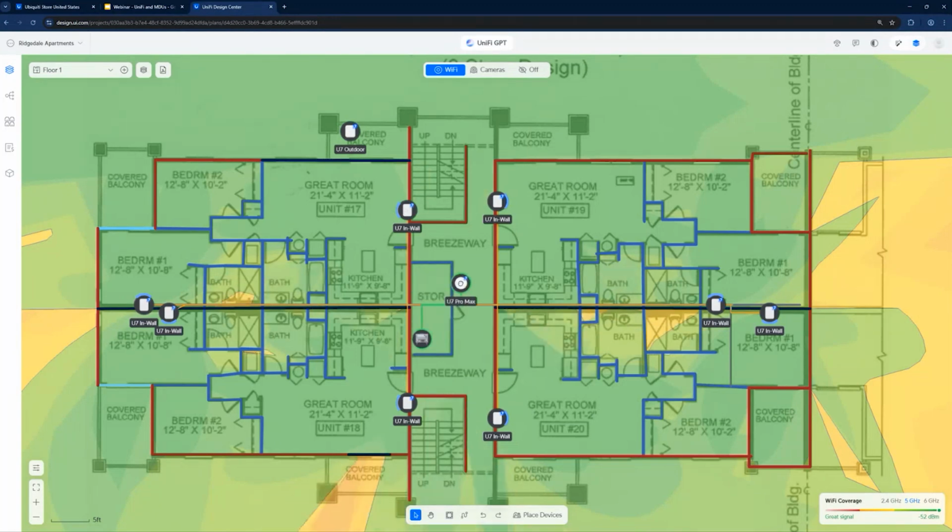You can actually see here, it'll snap. I can have a U7 Pro Max, for instance. This is what it looks like if it's wall mounted in terms of its coverage, whereas if I switch to omni, that's what it looks like there. So there you go. It's auto snapping on there, and then I can go ahead and change that from here. Again, I don't know what's going on here. I've got some issues. I think I've got to clear my cache here, but